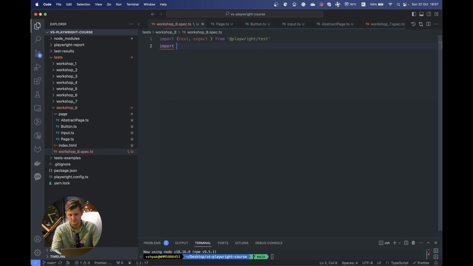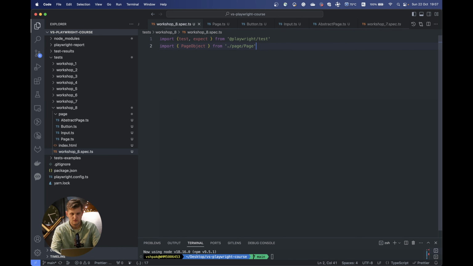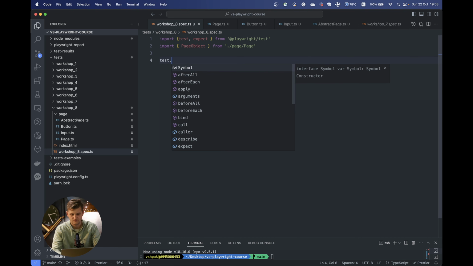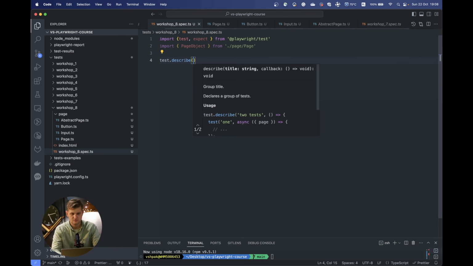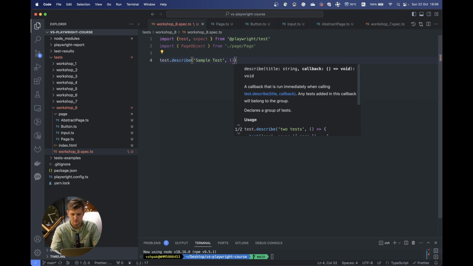And import page object from page. So as you can see, this import is automatically selected in VS Code. So let's write this describe, and let's call it simple test. Right, and this will be a return function,